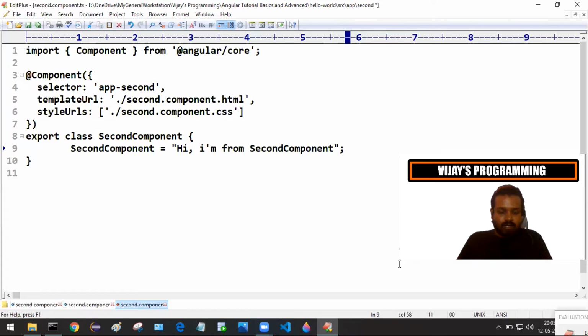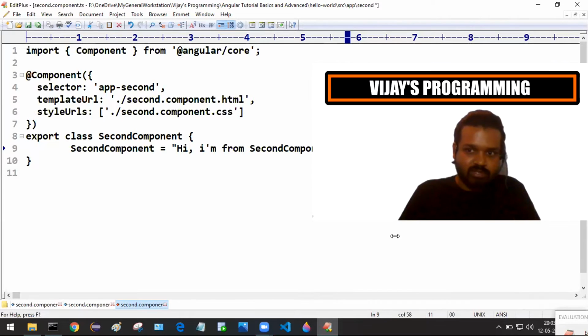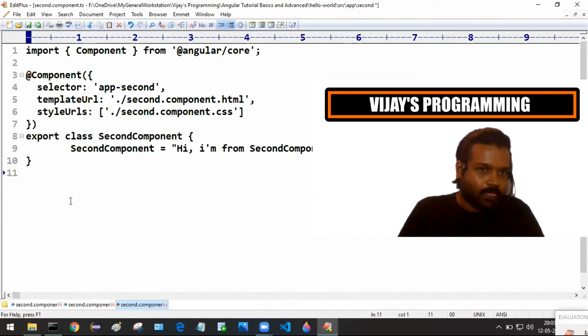Let us analyze this file that we have just created. We have done some modifications in this file.